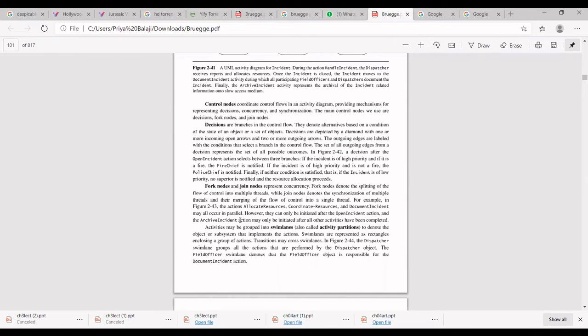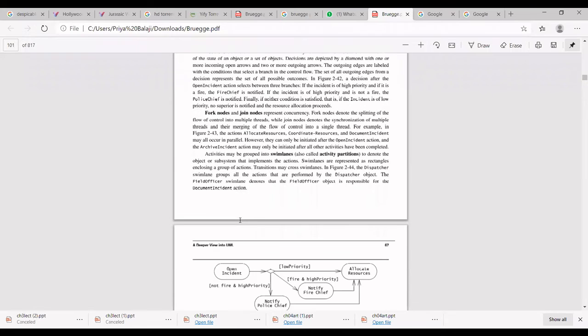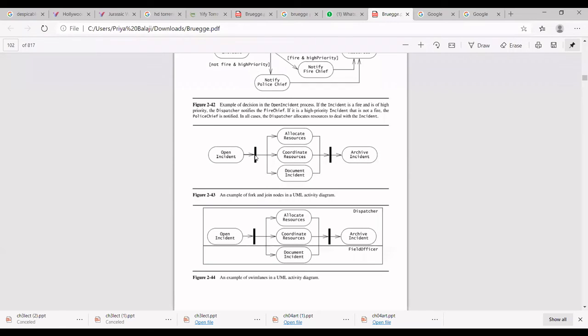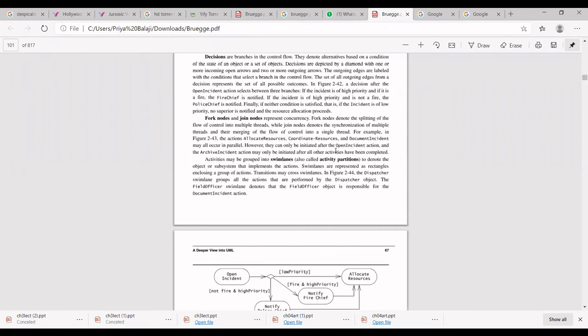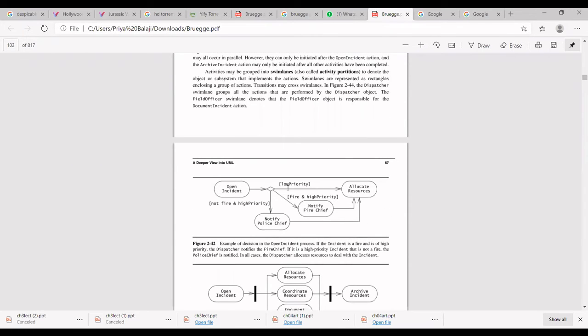Fork and join is synchronization. I have shown you a dark line. I'll just show you here. Can you see this dark line? Yes, ma'am. We already saw this, it is called your fork and join. Whenever you want, the resources can be divided. Whenever you want, you can combine the resources. Dividing is called fork operation. Combining is called join operation. That is the synchronization operation.